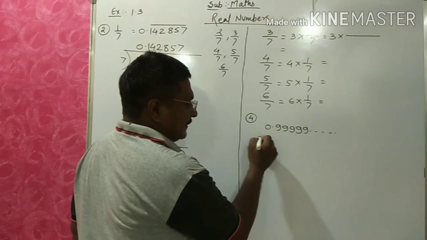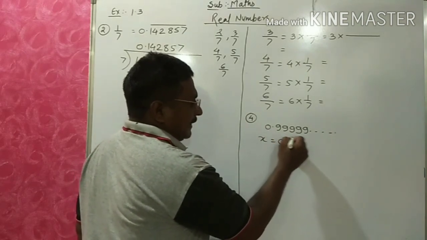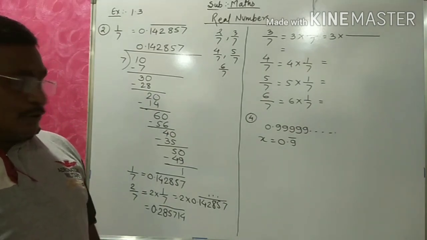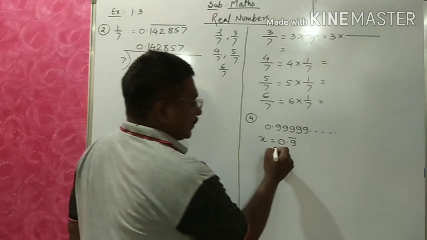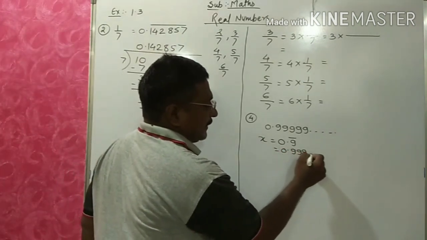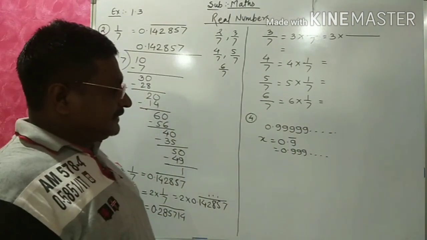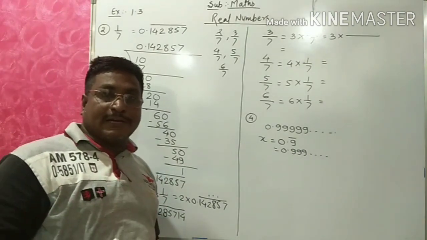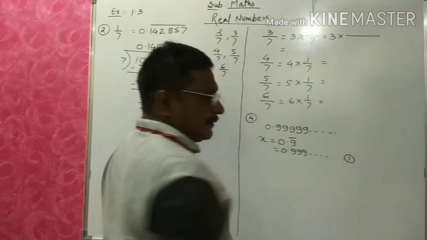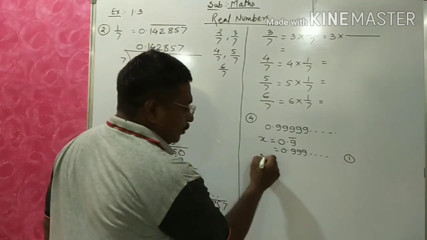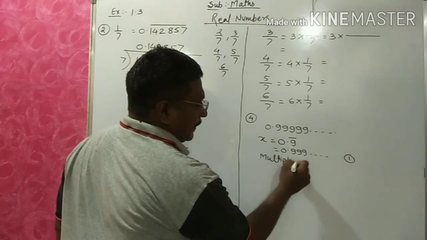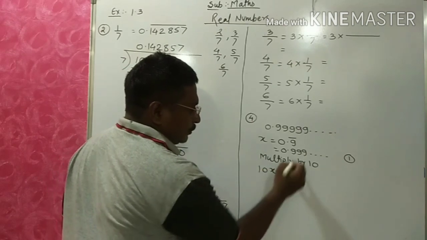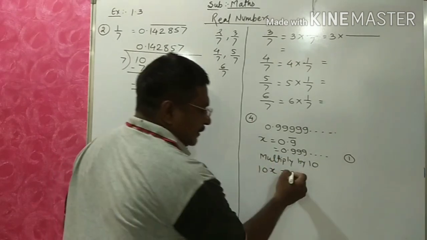We write x equals 0.9 bar, that is, 0.999 dot dot dot. How many digits have the bar? One digit. So we multiply by 10. So 10x equals, with the decimal moving one place to the right,